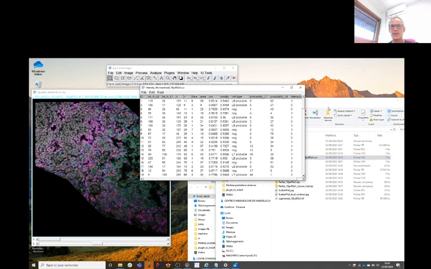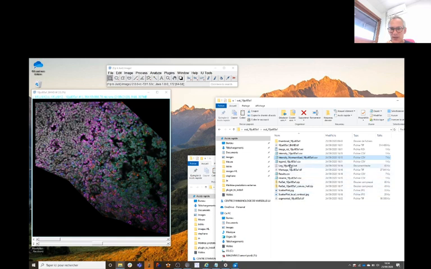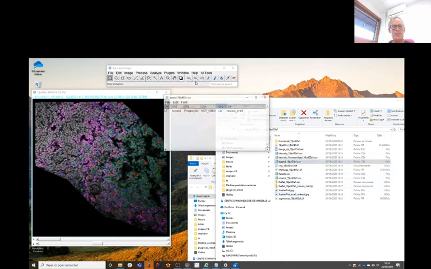The probability is defined by the local contrast. Above 50% we can define it as positive, and the interaction with phagocyte is here. So finally you also have the legend, which has been exported, where you can see for each channel the identification of the cells.